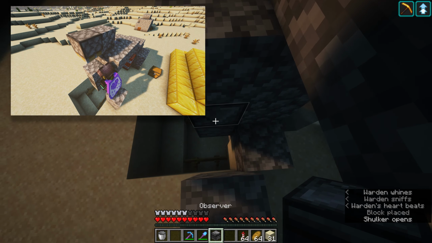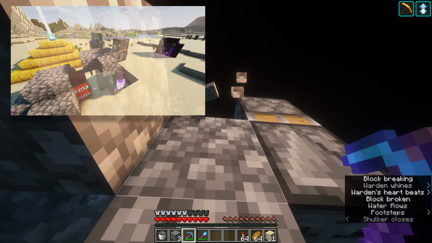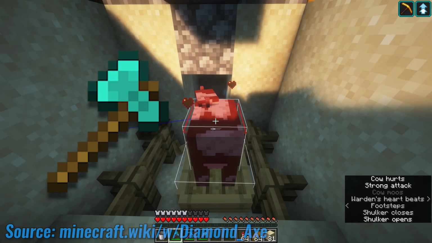Break the top block and place another observer facing upwards, such that the arrows point away from each other. Then break the block in between the observers and the one next to the piston. Then use 6 redstone dust to connect the lever and the piston. At this stage, you can get a cow into a boat, hit it with a diamond axe, and push it